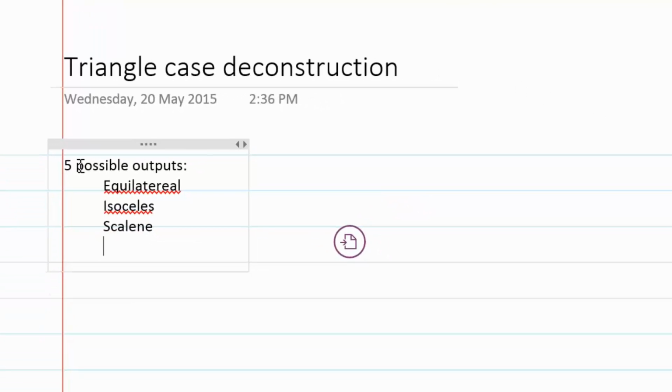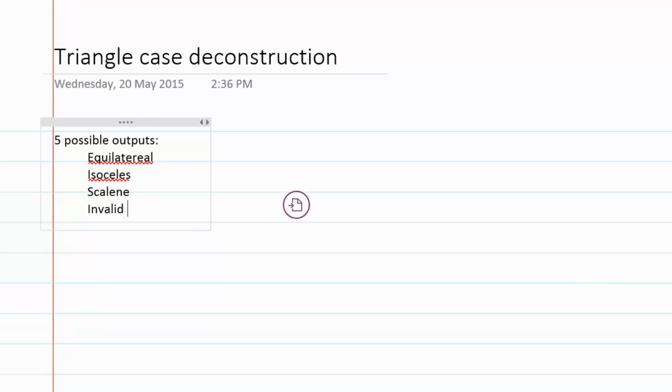It could also say that we have entered invalid input, or that the numbers we entered do not constitute a triangle. 5 test cases because we want to test our system whether it works correctly under all these criteria. Okay,